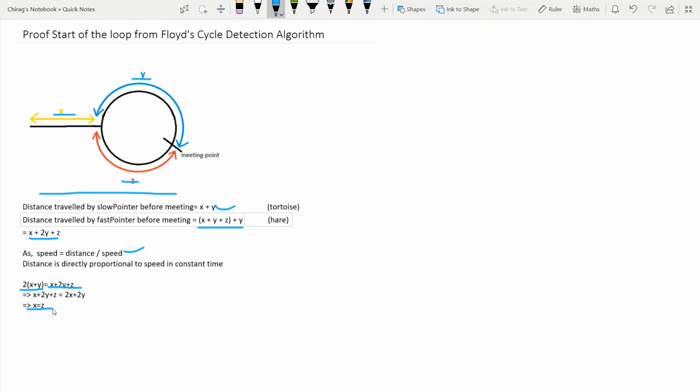This shows that Floyd's cycle detection algorithm is not only limited to cycle detection in a linked list. It has varied scope and it can be used in various places. For example, we can use it to get the start node of the loop, and as discussed, we can also use it to get the length of the loop. Once we know the start of the loop, we can easily get the length of the loop.